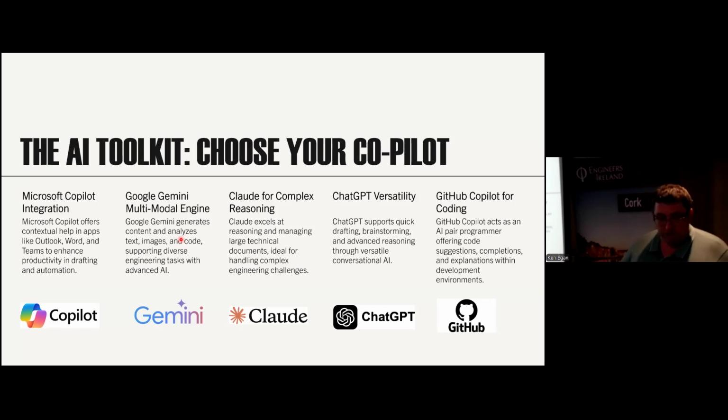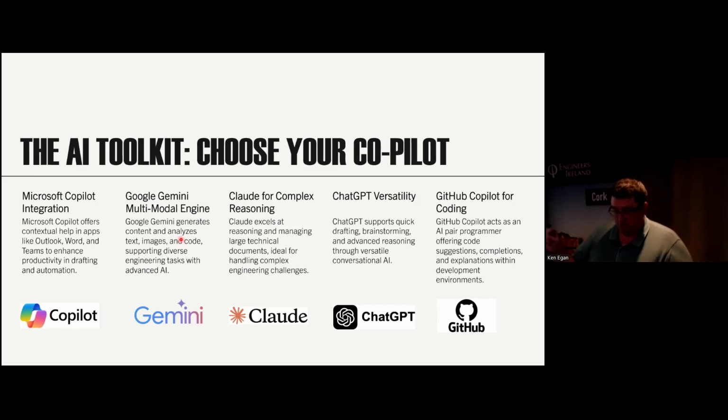For Google Gemini, same story. It's an extra icon in there. You'll notice when you go and do your web searches, it's there. If you're working with diagrams or images, I'd be using Google Gemini. For Claude, as I say, I've talked about it for large documents, where you want complex reasoning. Just general around the house, ChatGPT will help you do a lot of that and do your brainstorming. It's the most versatile of them. And then if you're doing your coding, it's GitHub.